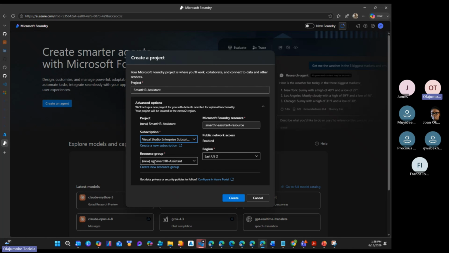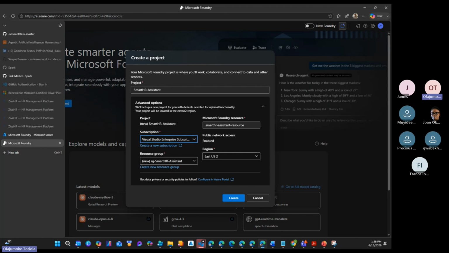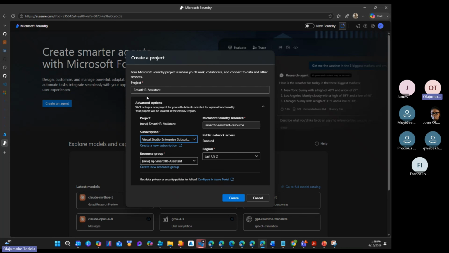Then you also have a resource group. It has picked a resource group for you to use. However, you can decide to create a resource group. Now the region, just leave it as East US. Do you get? And then when you do that, you can select create. If you feel this name is not right, you can say, oh, Smart HR Assistant 01, if that is what you feel comfortable with. You can see that by the time I put 01 in it, it adds 01 to the resource name. If I remove the 01 now, it will remove 01 from it.